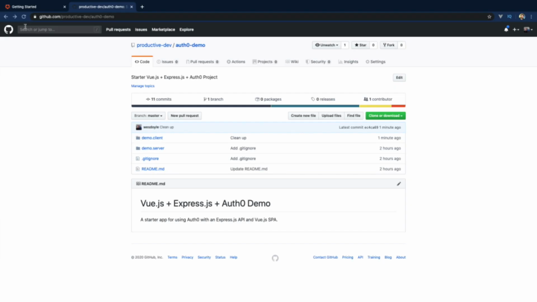With that, let's take a look at our application. Okay, so for the purposes of this demo, I've already pre-built some code and I've pushed it up to a public GitHub repo that you can find at